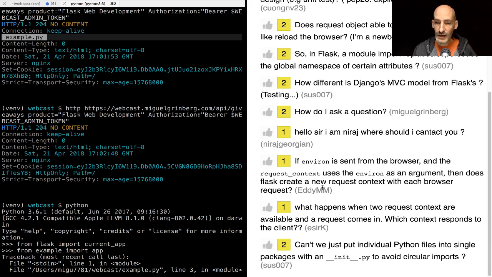Next question. What happens when two request contexts are available and a request comes in? Which context responds to the client? No, I think you got it wrong. The request contexts do not exist. They do not exist on their own. They are created as a response to a request that comes from a client. So when you start your Flask application, there's no request context and no request object. The moment the Flask web development server or Gunicorn or whatever server you use receives a request,